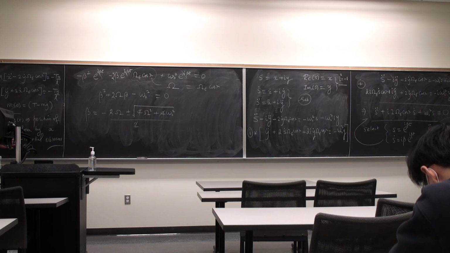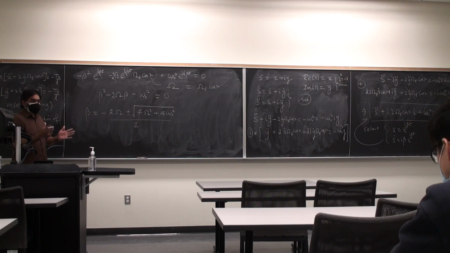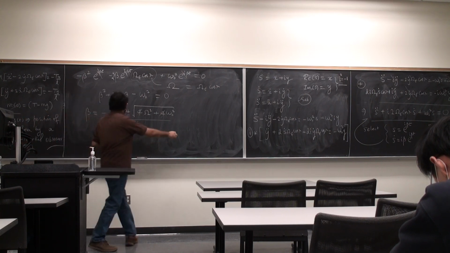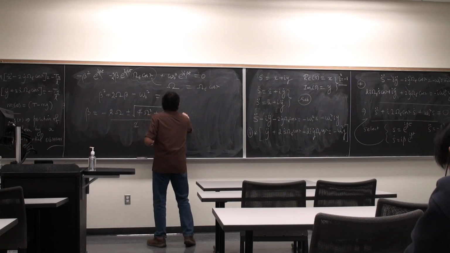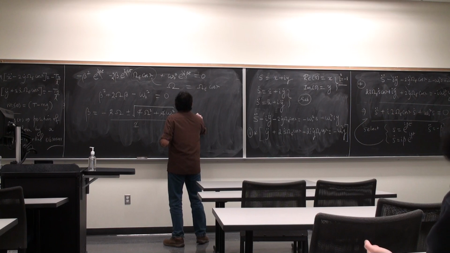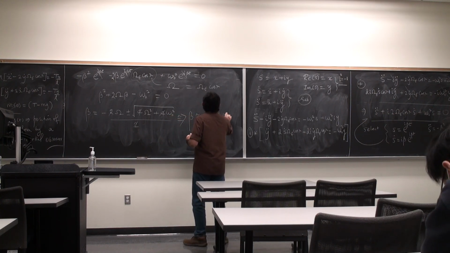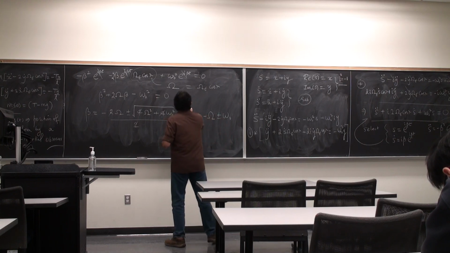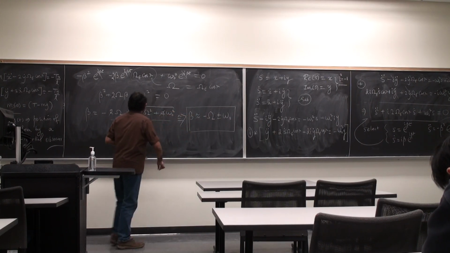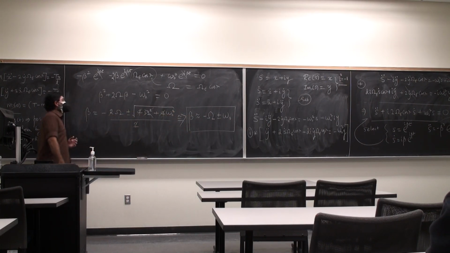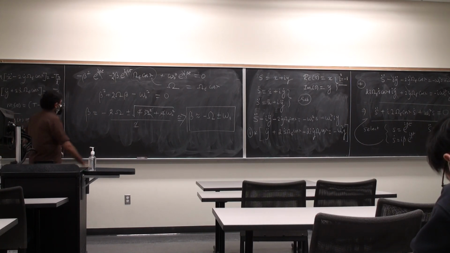Omega square. What did we say of omega square? Capital omega square is approximately 0, because omega of the Earth is very, very small, 10 to the power minus 5 sometimes. So this tells me beta is minus omega plus or minus omega naught. We get rid of that omega square term because omega e is very small. So we say